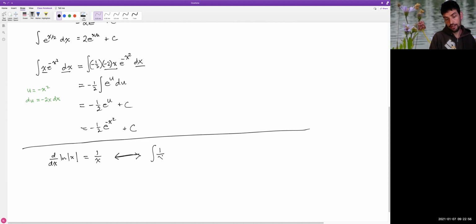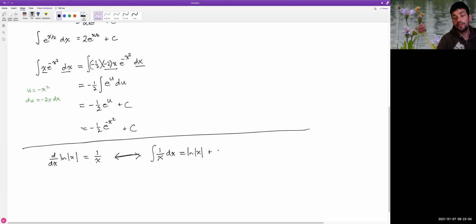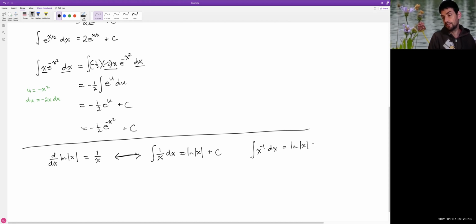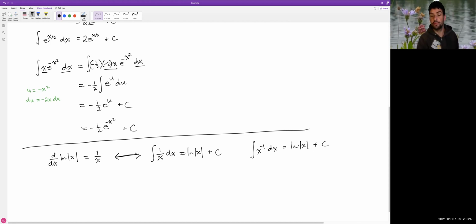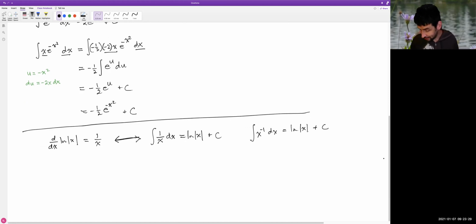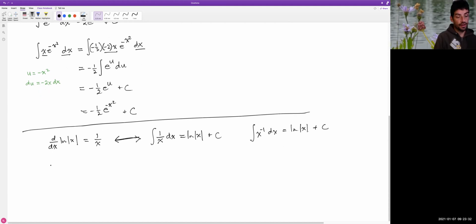If we have the antiderivative of 1 over x, then our antiderivative is the natural log of the absolute value of x plus our constant. Note, just remember your rules of exponents, this is the same thing, right? Plus c, right? X to the negative 1 is just 1 over x. We sometimes forget that. All right. So this is another rule we now have in our toolbox that, again, we will end up using with other rules. So for instance,